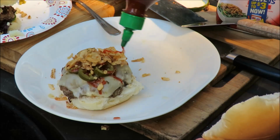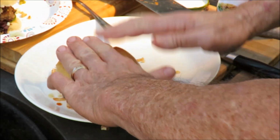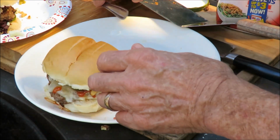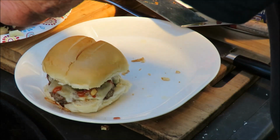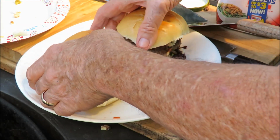Maybe a little bit more Sriracha for Professor Sanguinary, who apparently I thought he was doing a dirt nap, but him and Igor showed up for some reason. So there's his and hers